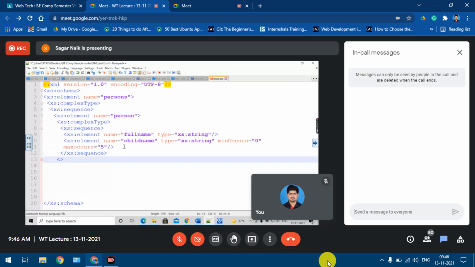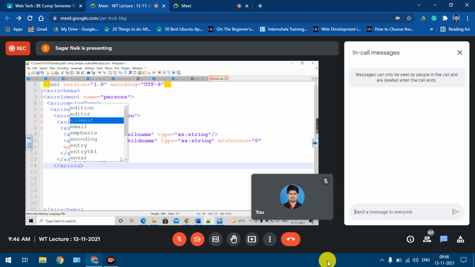I hope you understand which tag I'm closing now. Okay. xs:complex type, right? Then what? This element I need to close, the person element, right? I'll say xs:element. Then what? Which one is remaining? Again, I'll go to this sequence. Okay.